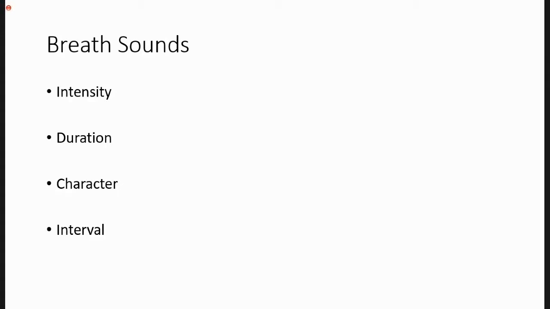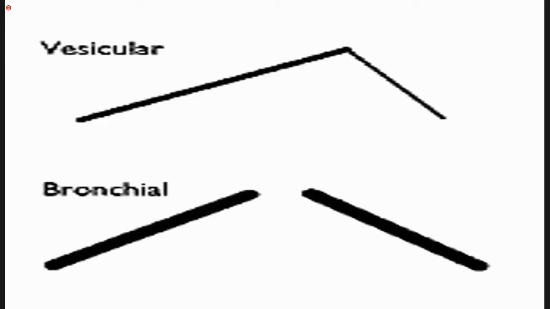When we talk about the character of breath sounds, normally the breathing is vesicular breathing. When we auscultate a patient who is breathing normally, we write it's a normal vesicular breathing, NVB. Vesicular breathing is a breathing pattern in which inspiration is prolonged compared to expiration, and there is no gap between the inspiration and expiration. And the quality, you can say, is a sort of rustling quality.